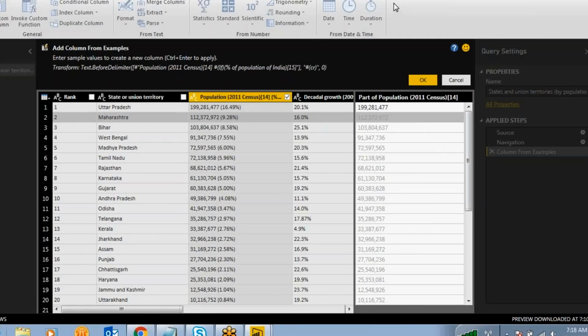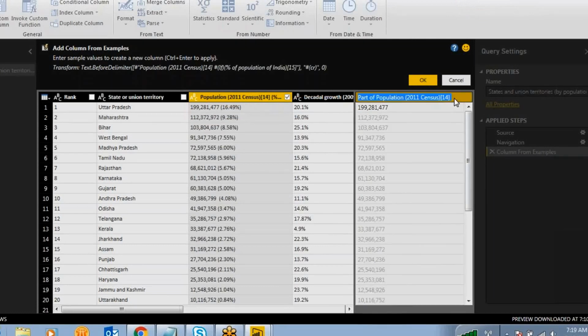See, when I am typing this value over here, automatically the same structural value it is taking from the remaining rows as well. The same value it is taking over here, right? So what name do you want to give this one? I want to give this one as population.